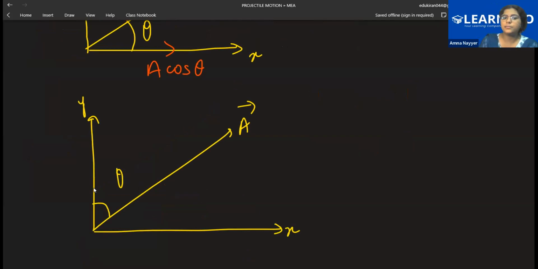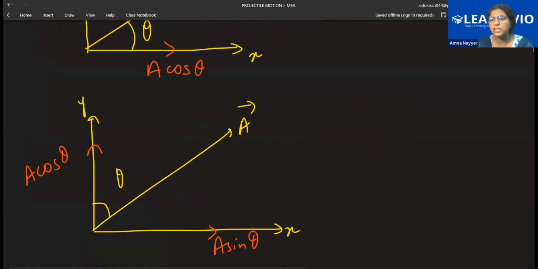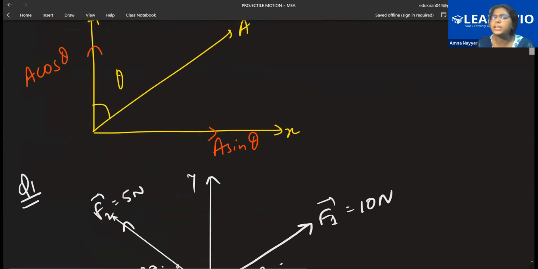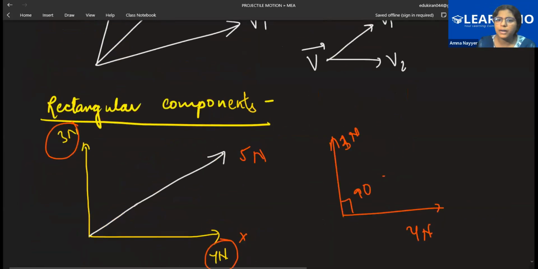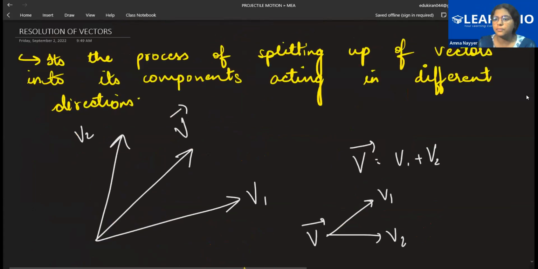If theta is made here with the y-axis, nothing changes. This will become our cos component, A cos theta, and the perpendicular one will become A sin theta. Remember these vectors and calculus. These run till your class 12th, the last chapter also. So have a good grip on these chapters. Kinematics will be repeated, but these portions are like your addition and subtraction. You don't have a separate chapter for them, but you always use them, right? Write it down, class.